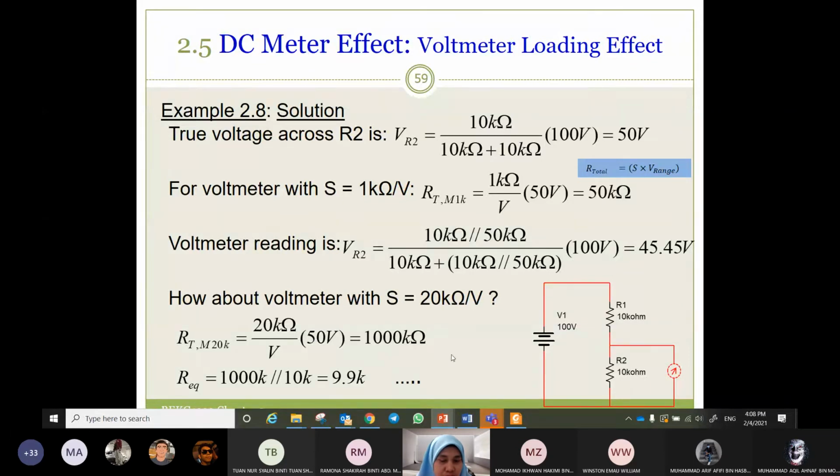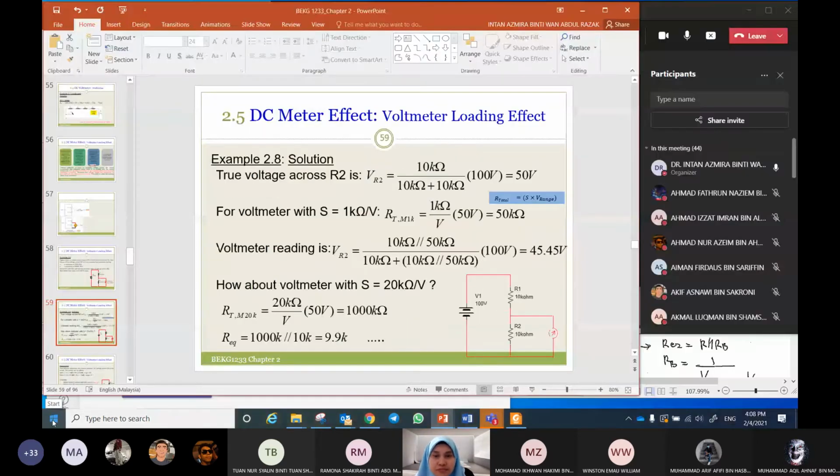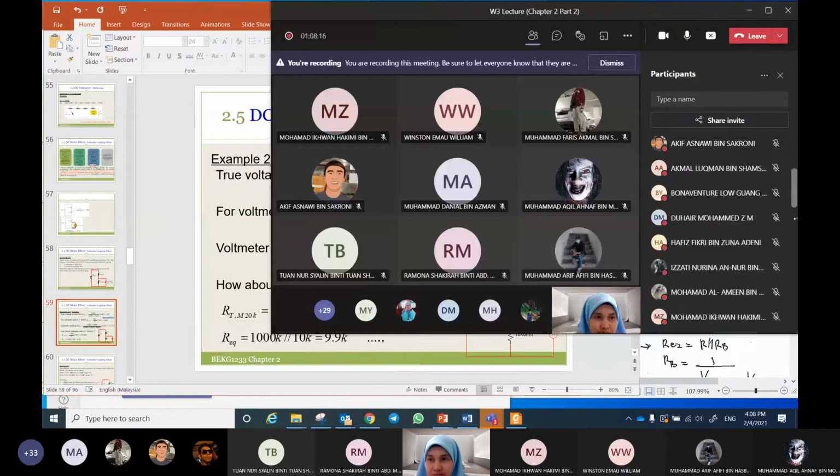And how about the new R equivalent? So 10K parallel with 1 mega. We get 9.9K. Now what is the next step? Now we get the R equivalent. The next step is